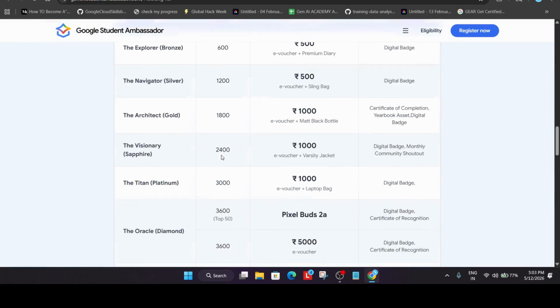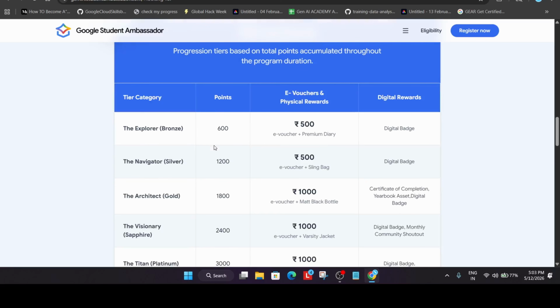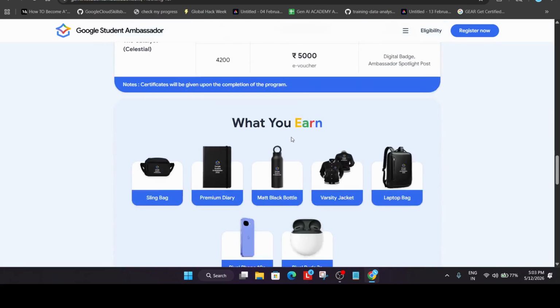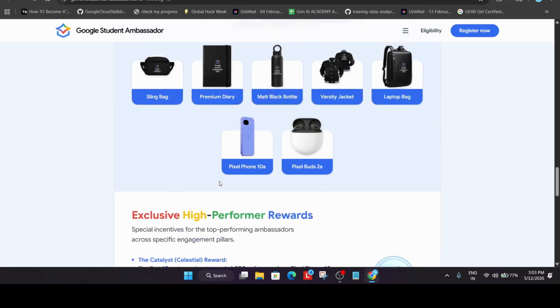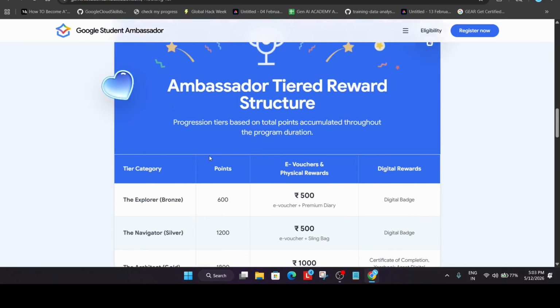You can see these are the point system. They'll be giving you points which you can use to redeem swags also. And it is a physical Amazon vouchers also. So all these things I wanted to share. You can see the top performers will be getting Pixel phone. If your reels are getting 1 million plus views, then you'll be getting a chance to get featured on the Google India page. So these are the all things I wanted to share